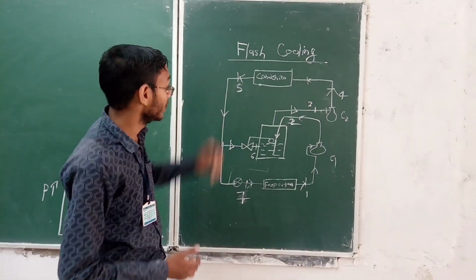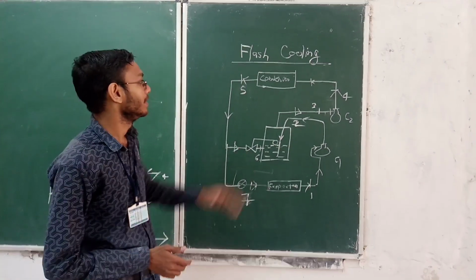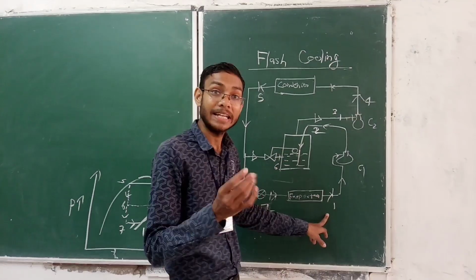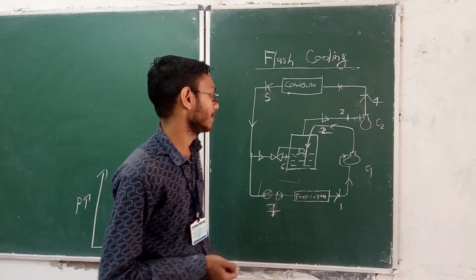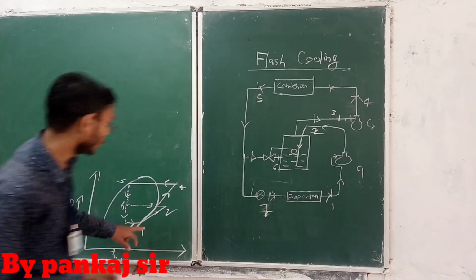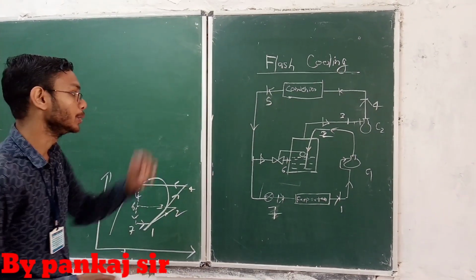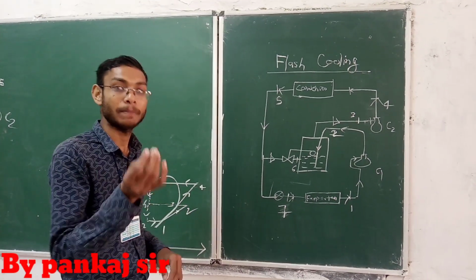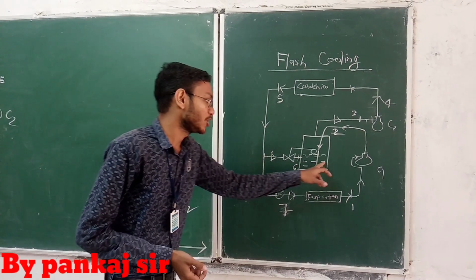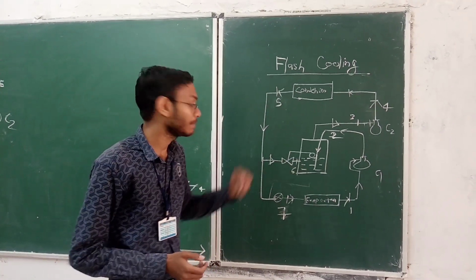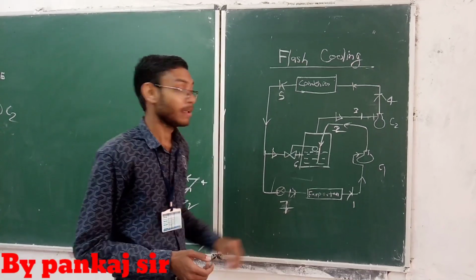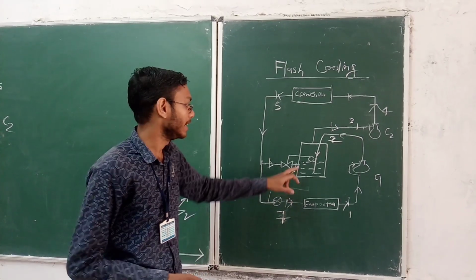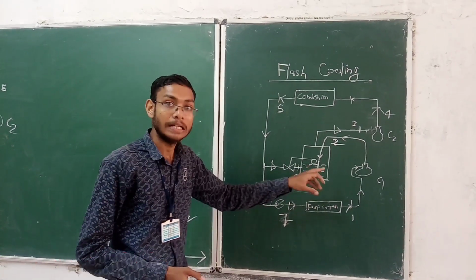As we are seeing here, in our flash cooling process, we have the chamber in which we have the liquid inlet of the primary compressor, which is going to be compressed to point 2, and from point 2 we send the superheated vapor directly into the chamber, which consists of liquid plus saturated vapor. And in this way, the liquid which is inside this chamber